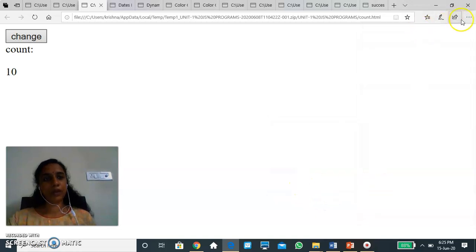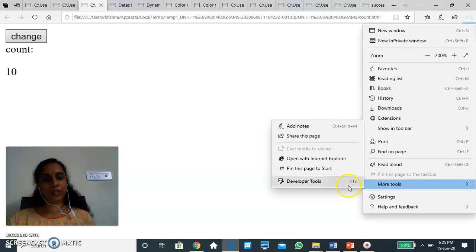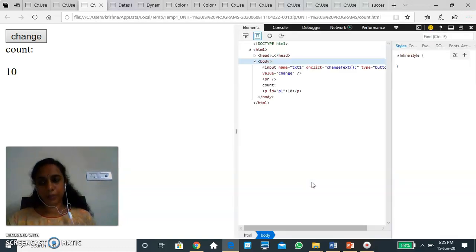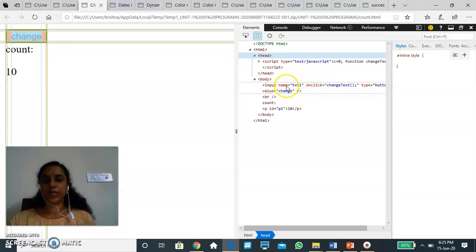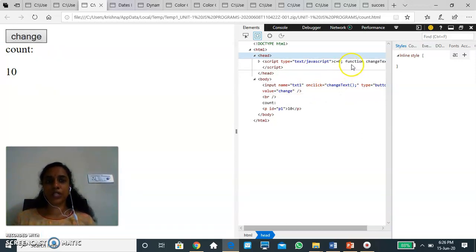This is a simple programming logic, and if you are comfortable in switching between the body tag and the head section script tag, nothing can actually hold you back, right? So here you can see there is a text box by name txt1 and an onclick event. So onclick is an event which is written inside the tag. Input name is equal to txt1, onclick is equal to changeText, type is equal to button. Now in this button, the moment somebody clicks on this, there is a function called changeText.